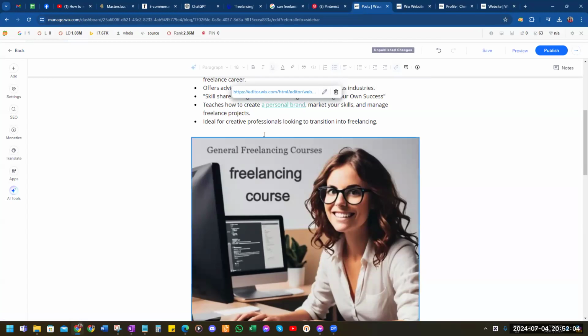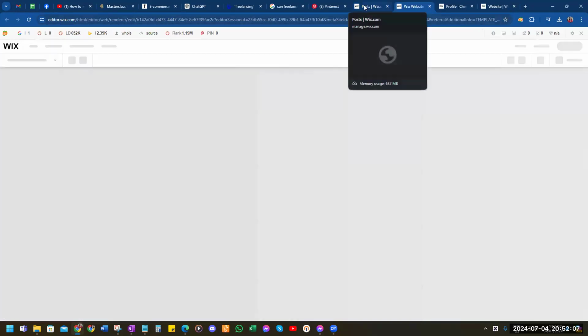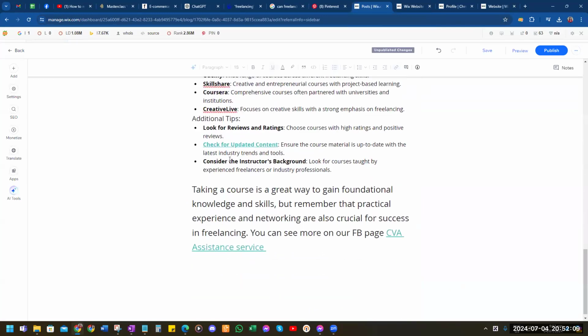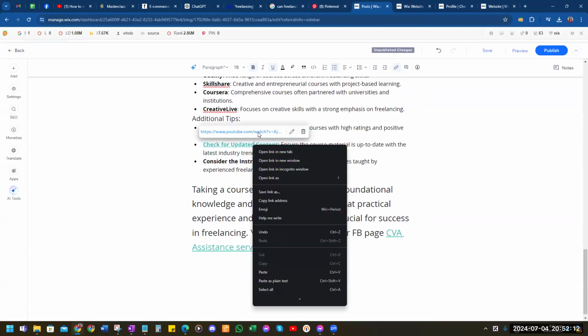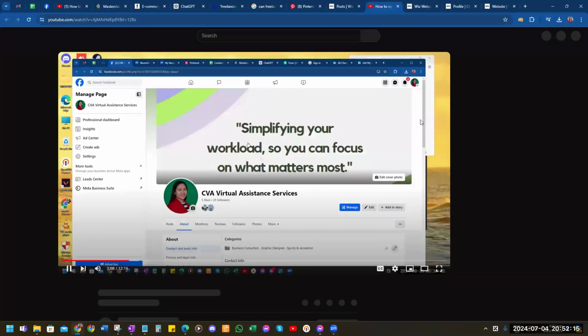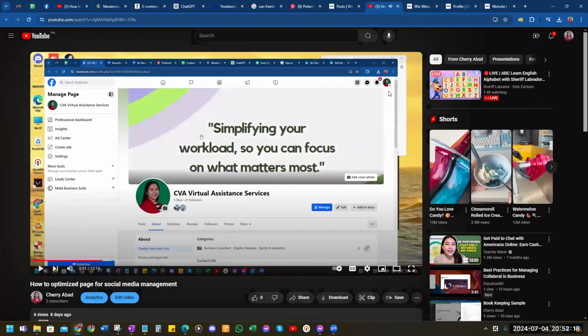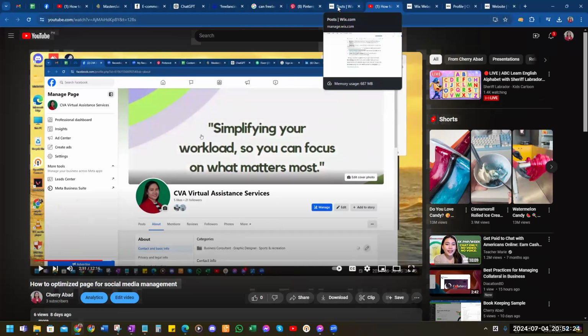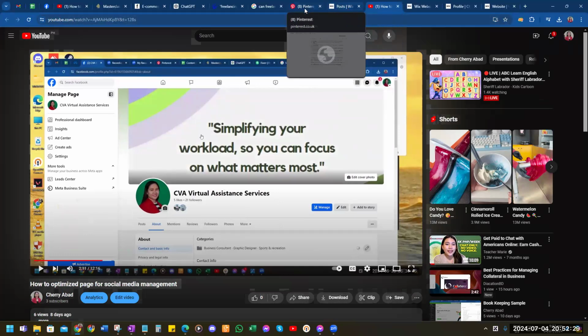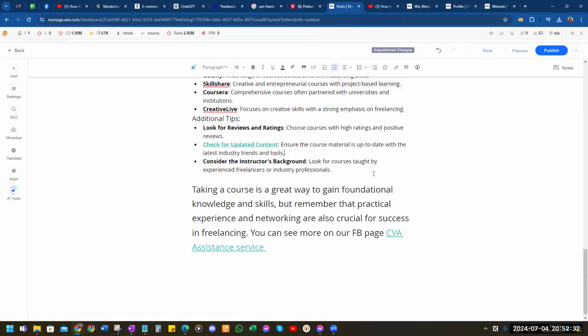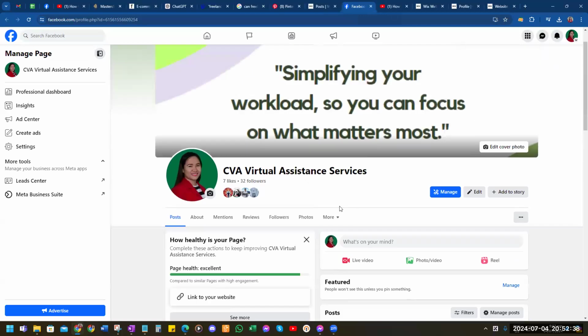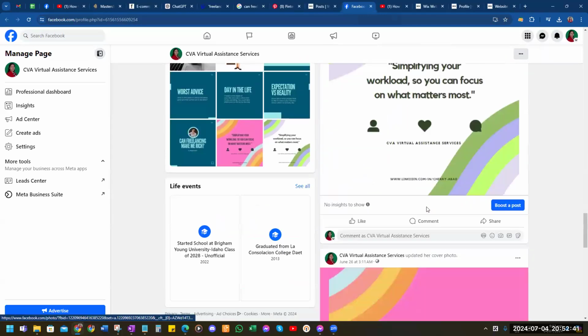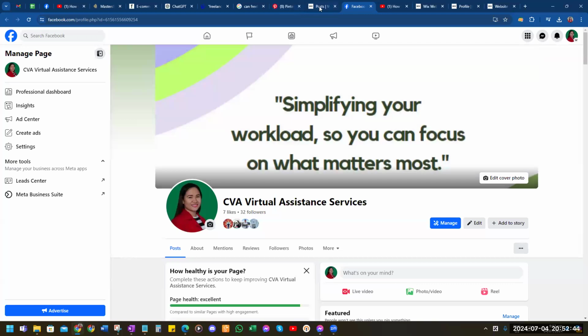That's the one. And then the other one here that I chose is for an external link, wherein you are going to be routed to my YouTube account, a video on my YouTube account on how to create content on your FB page, like creating an automation. And then I also put another outside link that's on the Facebook page that I created so that they can see things that I posted on my Facebook page.